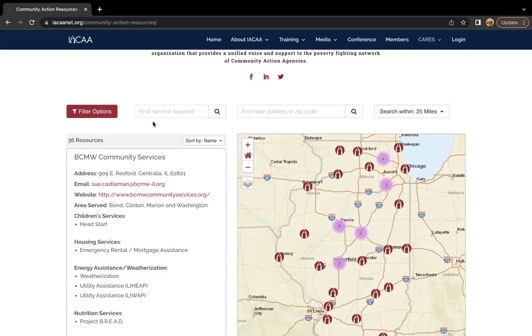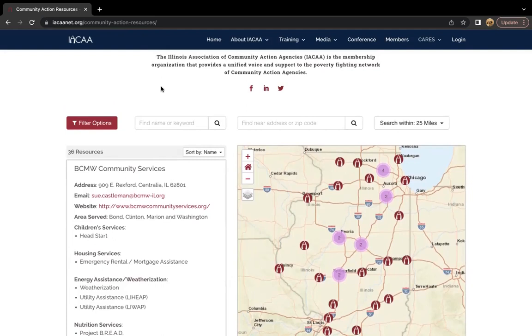In addition to just being a resource list, this space is interactive. So let's say we're in Peoria, Illinois, and somebody jump in and correct me if I have brutally mispronounced.